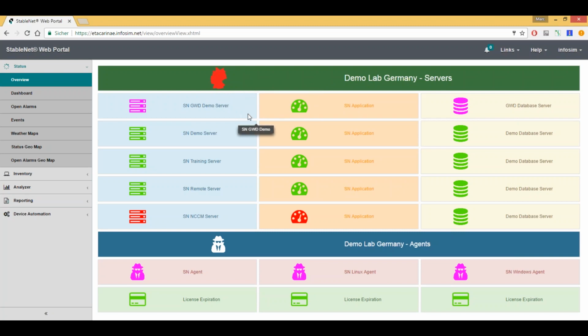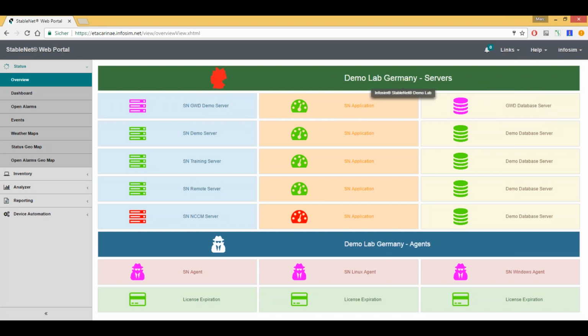Now you can define even more precise widgets in here. So this is focused on the complete global webinar demo server, and then we have some other servers in here. And it's not only possible to filter on a complete device, but you can even go for single measurements. So in this case, I took the StableNet self-monitoring measurement. In this case, I took the database. Another nice thing is